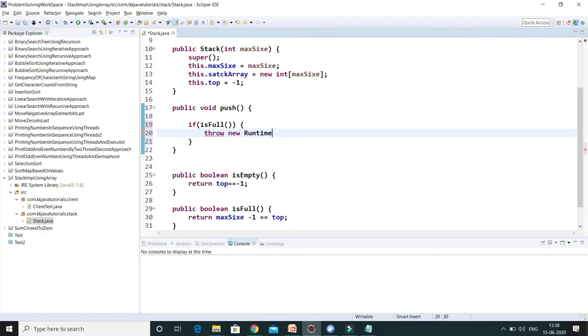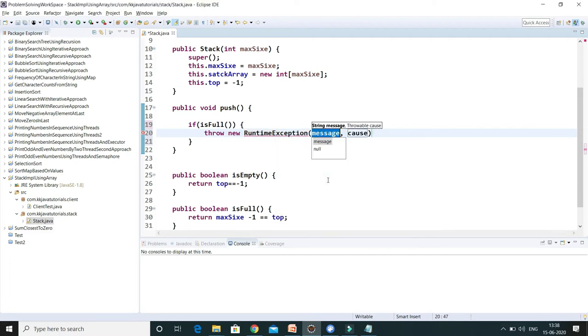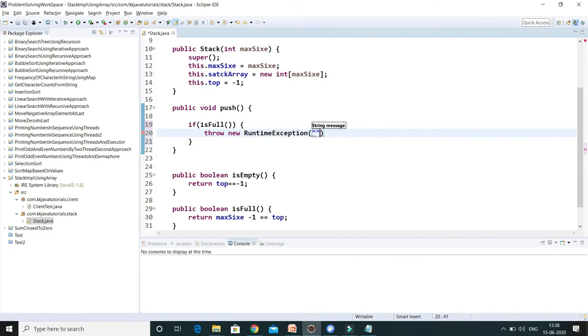Here I'm going to use the constructor which takes a string as an argument. So we will print the message "stack is full". That's it, right? We cannot push it.